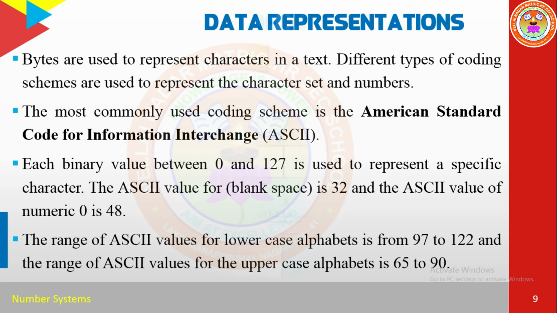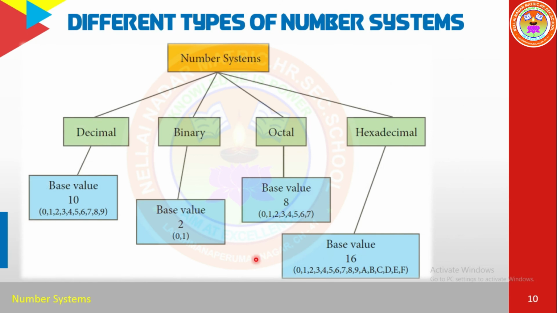Right, now we are going to see the different types of number systems. This is the title of your chapter. Before this, we discussed only the introduction and some basic information regarding memory representation. Now we are going to start with the different types of number systems available in the computer's memory. The number system is divided into 4 parts. These are the 4 parts, see the green color box.